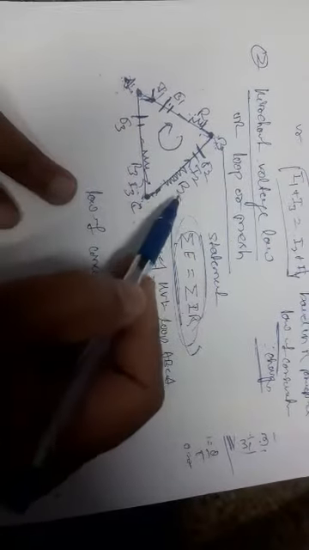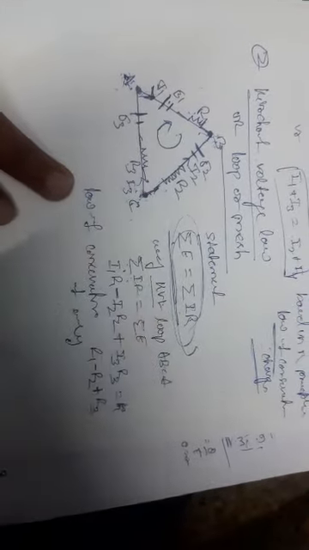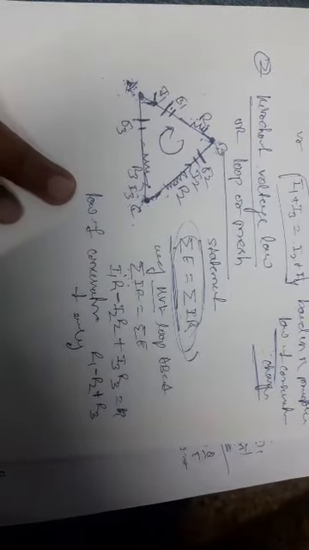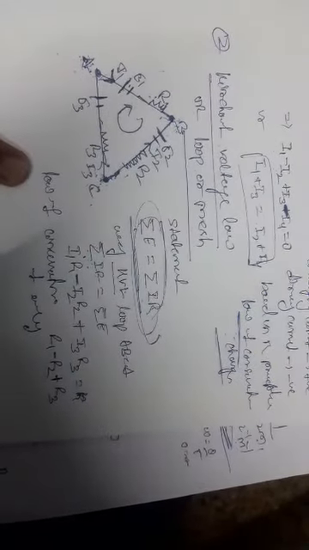Expand this equation. The AB conductor is converging, the BC conductor is diverging, and the CA conductor is converging. Converging is taken as positive, diverging is taken as negative. This is Kirchhoff's first and second law. Kirchhoff's first law works on the principle of the law of conservation of charge. Kirchhoff's second law, the voltage law, works on the principle of the law of conservation of energy. This point is important.